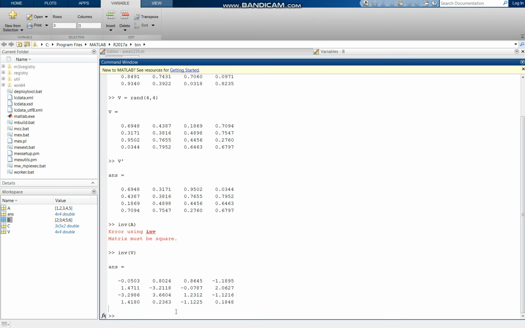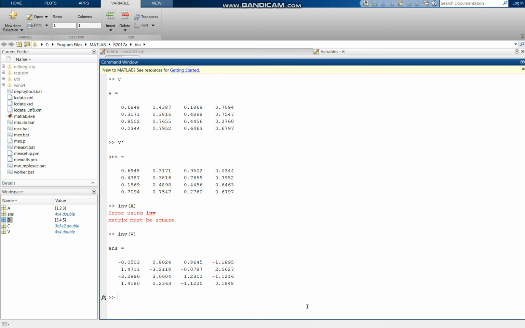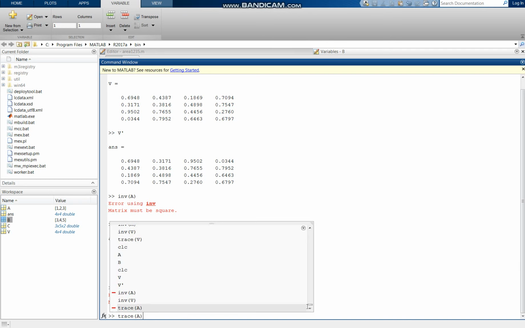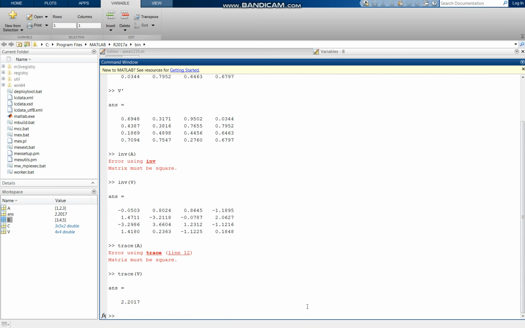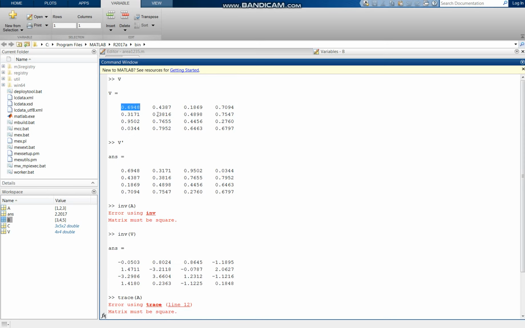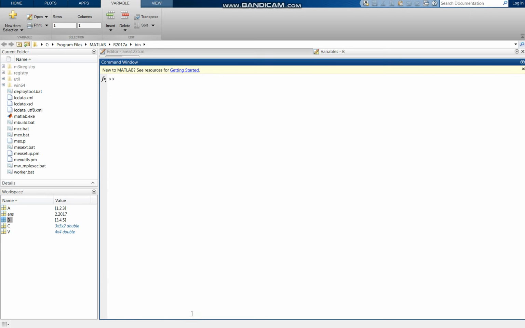If we want to find the trace of a matrix, we use the command trace, and between its brackets, the argument of it, we specify the matrix we want to find its trace of. So let's, sorry, again, it's V. Okay, so it's 2.2017, and by calculating the trace, we calculate the sum of the diagonal elements of the matrix we specified. Great. If we have, let's say, two rows, let's say A equals 1, 2, 3,